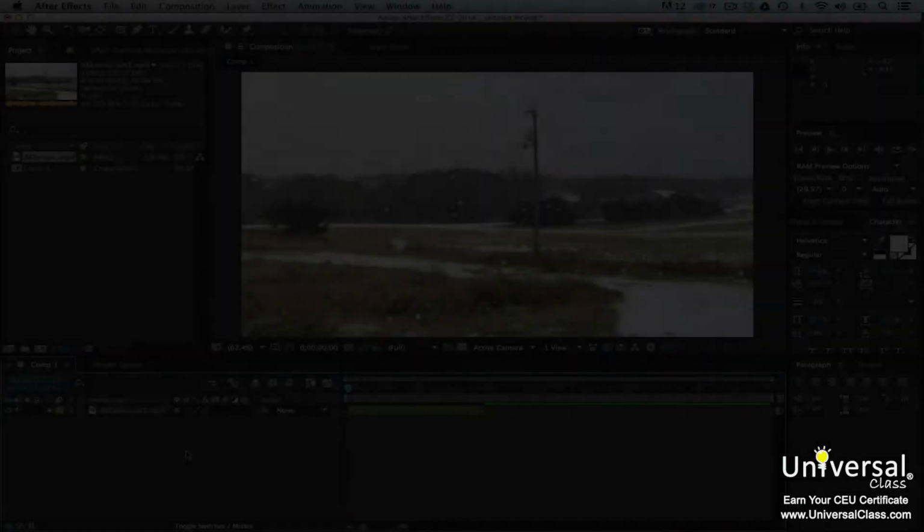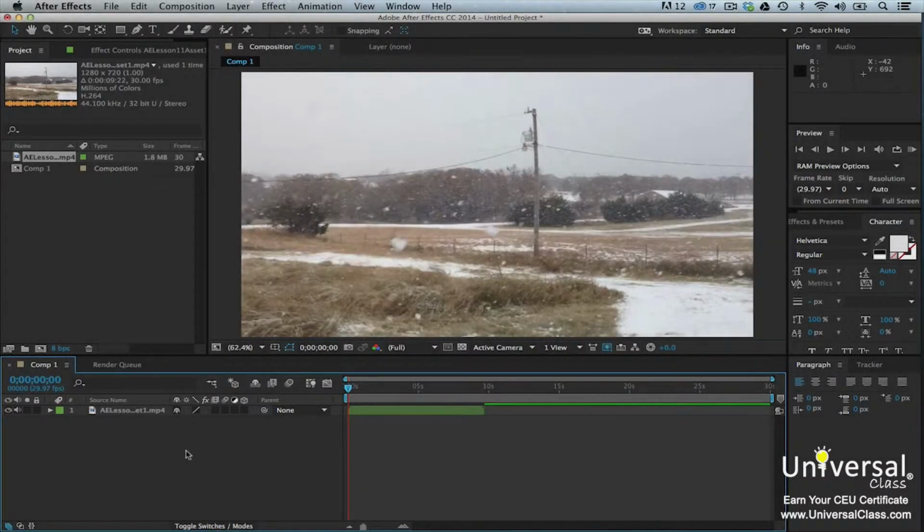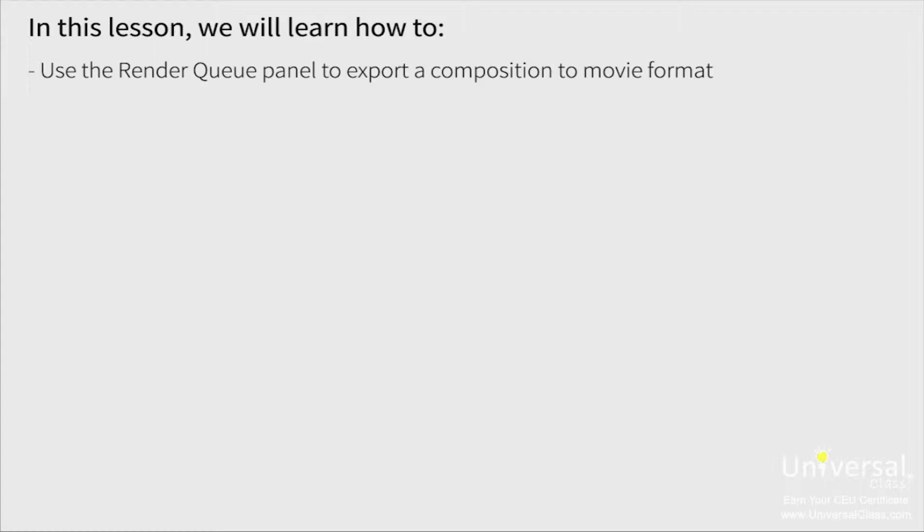Rendering means to create frames of a movie from your composition. When you render a frame, you combine all the layers, settings, and information from the composition into a two-dimensional image. Rendering your composition is the first step in taking it from just a composition in After Effects and turning it into a movie. In this lesson, we'll learn how to use the Render Queue panel to export a composition to